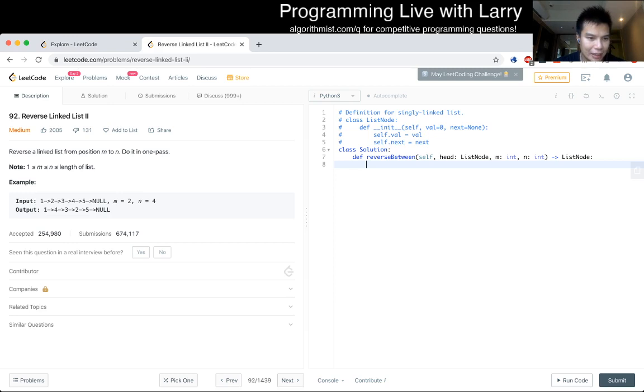What is M and N? Oh, so not the entire linked list, just the position M to N. So this is a position though. For some reason, the numbers are the same, so it's kind of unfortunate. Okay, so basically,